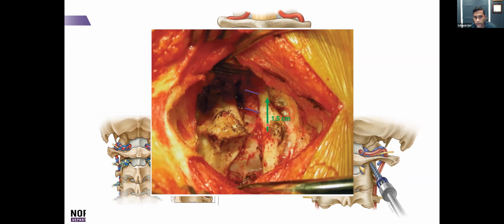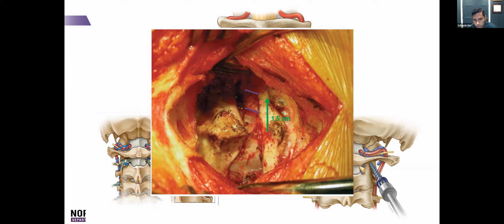Here is the midline of C1. Now, we always say don't expose with your Bovie more than 1.5 centimeters from the midline, because that's where you run into increased risk of running into the vertebral artery. If your artery lives up here and hopefully is already taken off to go up into the foramen magnum, but to be on the safe side, you don't want to expose with your Bovie more than that. The next step is you can still safely elevate everything here if you use a periosteal elevator,